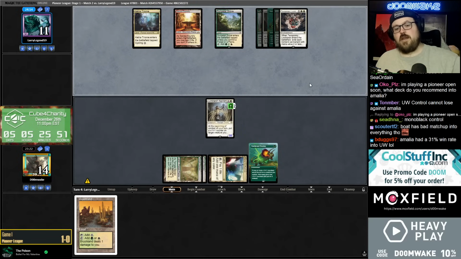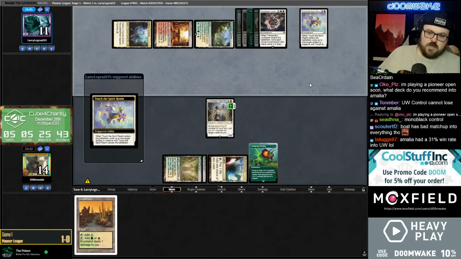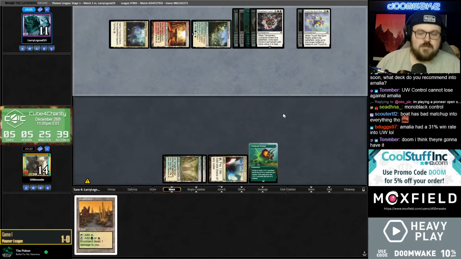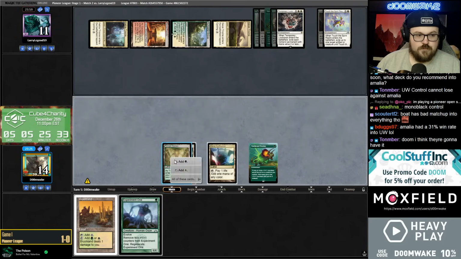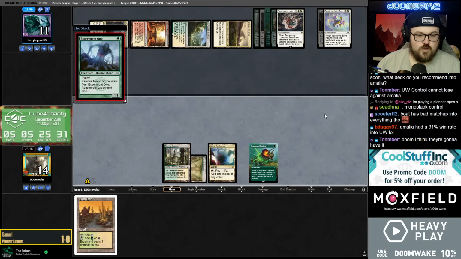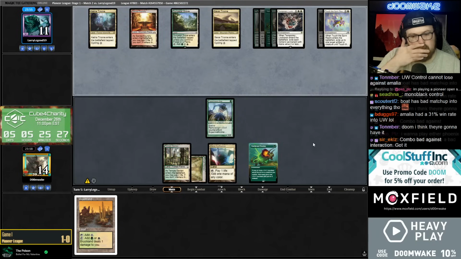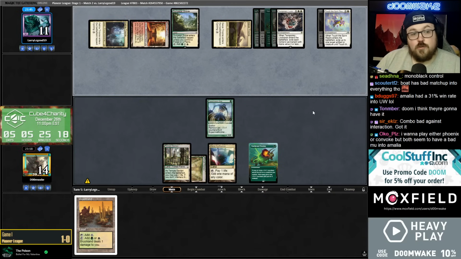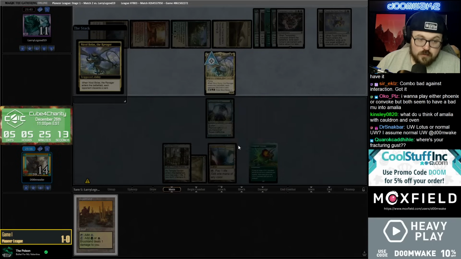Yeah, Amalia is very, very bad against blue-white. Bro, stop. The boat has a bad matchup, do everything? That's not necessarily true. Could play it out. I guess I'll play it out. Yeah, I mean, if you're playing an event where your only goal is to defeat Amalia, you should play blue-white control. The issue is, I don't really think that blue-white's, like, that great against a lot of everything else, so...